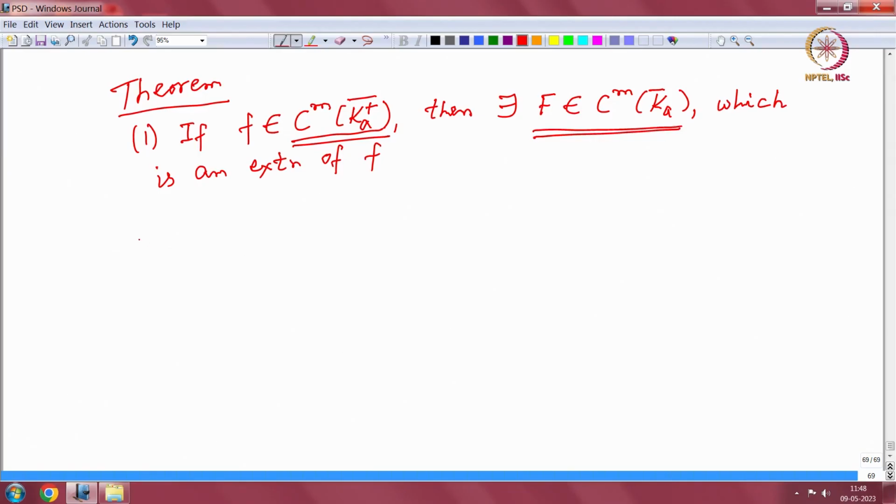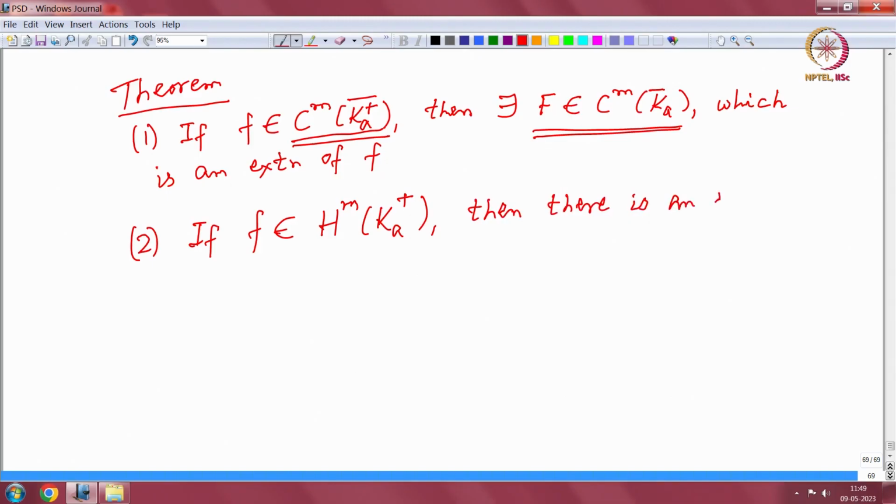Okay. And second one, if f is in H^m, so this is Sobolev space on Ω⁺, then there is an extension F of f such that, again, it belongs to the same class on a larger domain,